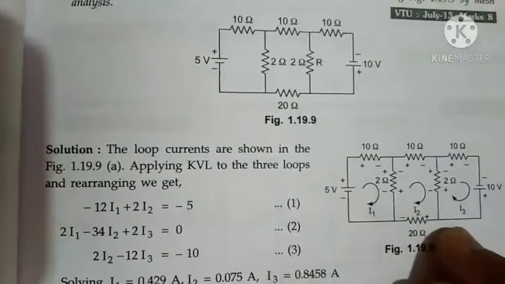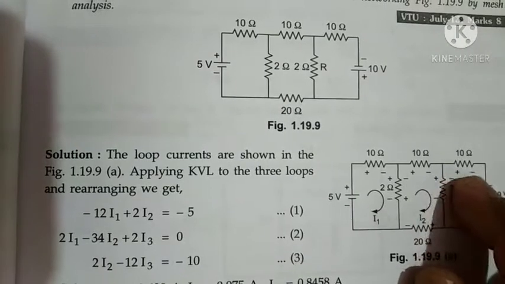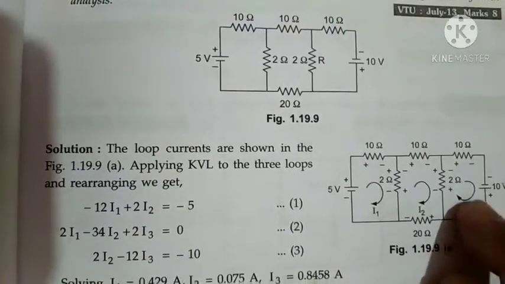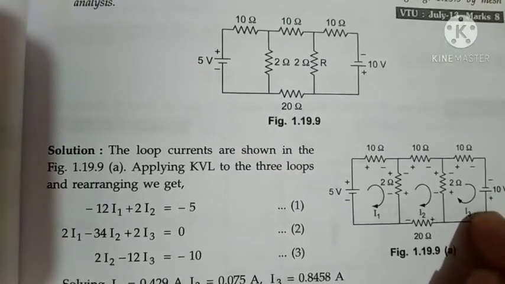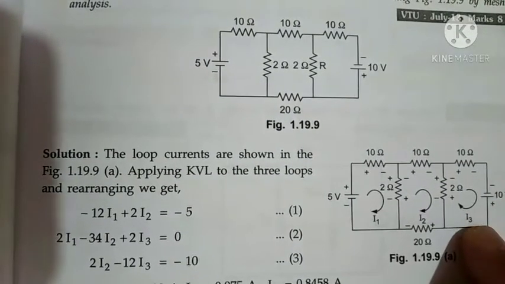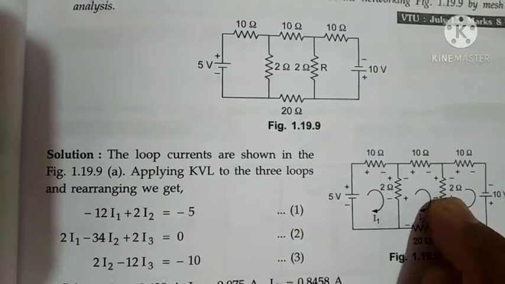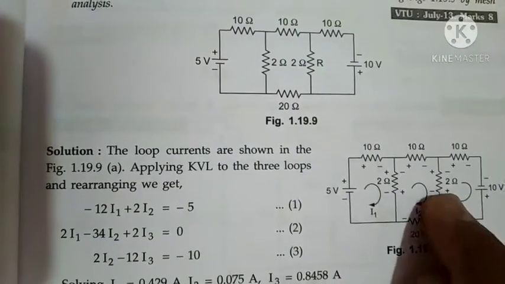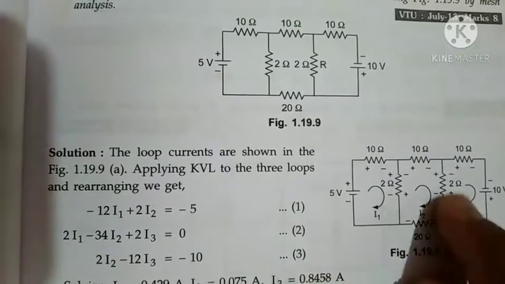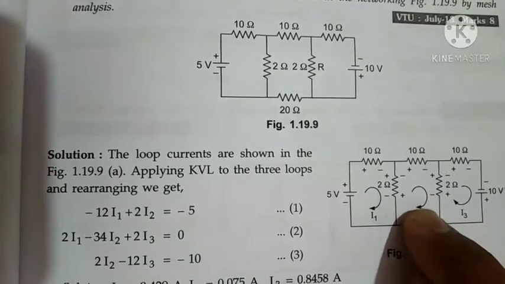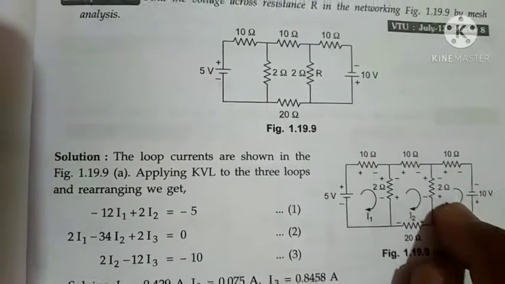In the third equation, you may take plus 2 minus. So here minus 10 into I3, minus the minus 2, plus is there, so plus 10 volt. Plus 2 minus, so we can take it as here 2 into I3 minus minus 2 into I3 plus 2 into I2 equal to 0. That will give us three equations, and after solving we get the values.